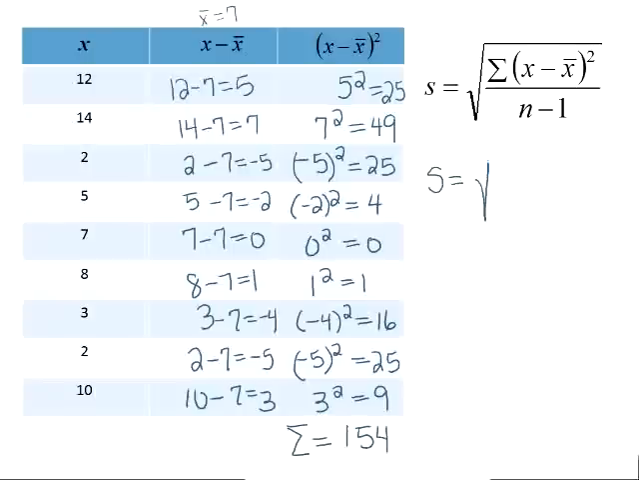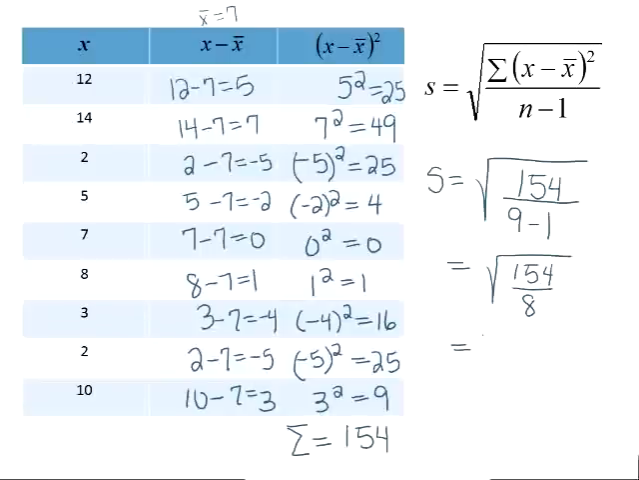All right, now this will be underneath the square root. The number in the numerator will be 154. Now remember what n is. That's the number of data points that we have, and there are 9 of those. So we have the square root of 154 divided by 8,